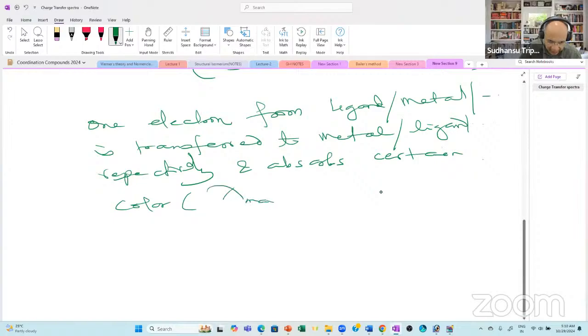It has a lambda max, and we observe that